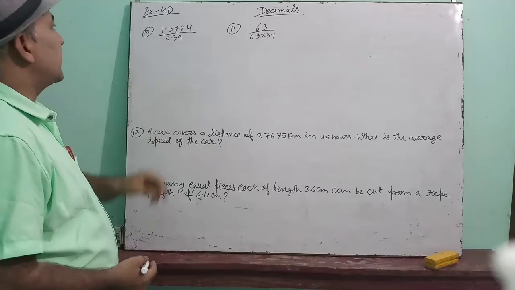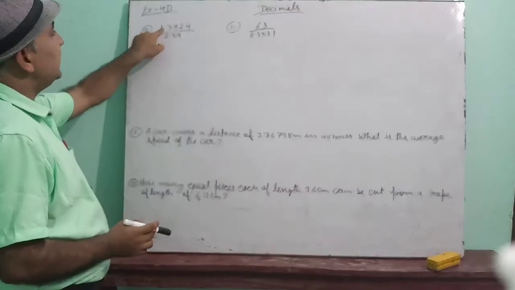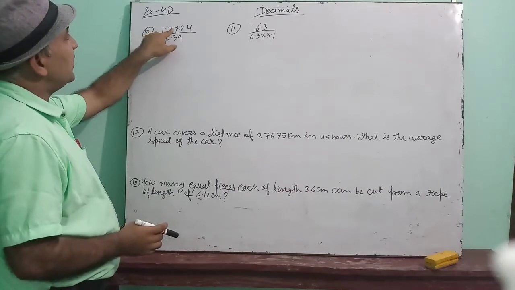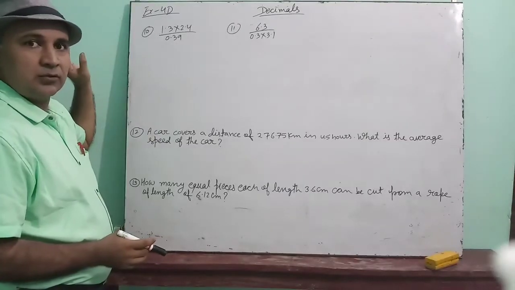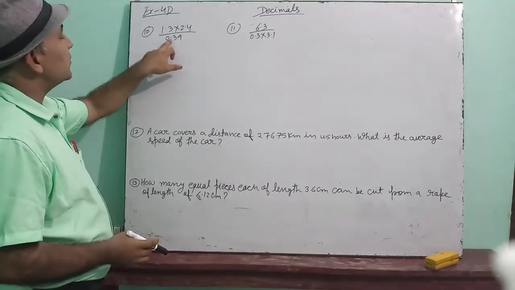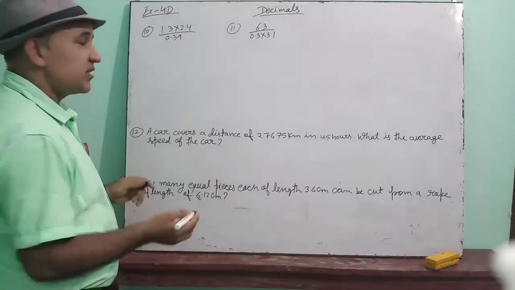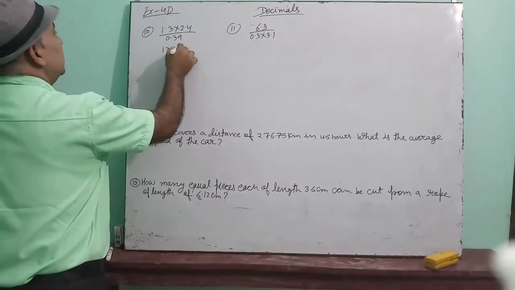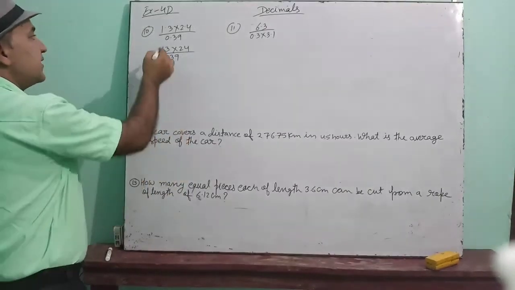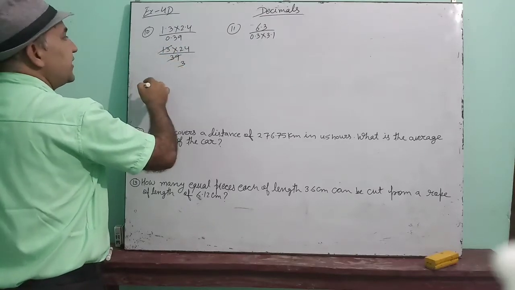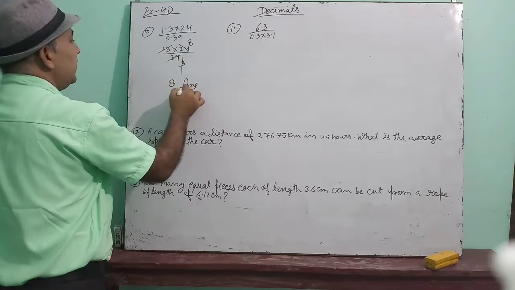1.3 into 2.4 is divided by 0.39. Again the process is the same. You can see that in the numerator, after the decimal 1 digit, after the decimal 1 digit. That means in the numerator after the decimal 2 digits are there, total 2 digits. In the denominator also after the decimal 2 digits. That means numerator and denominator both are like decimals. So remove the decimal. It can be written as 13 into 24 upon 39. Now your division is easy. 13 dividing 39 coming 3, and 3 dividing 24 coming 8. That means 8 is the answer.